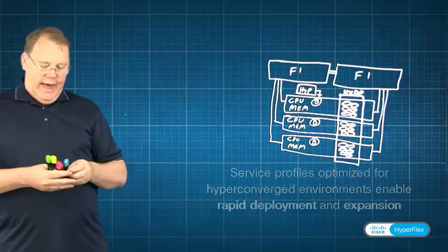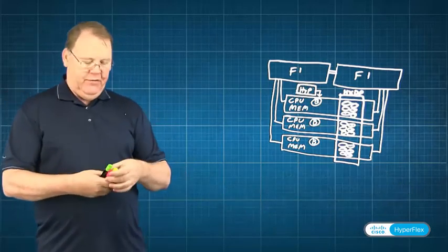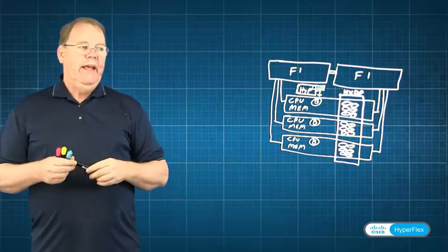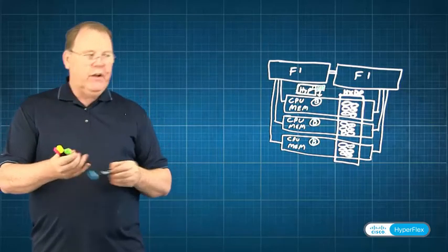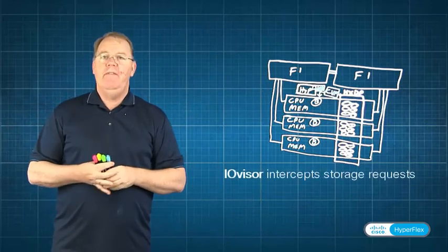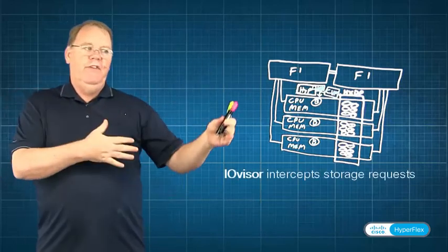In addition to that, in this hypervisor, all right, I've put something out in here called an IO visor, little IOV there. And what that IO visor is going to do is reach in and connect to the controller VM. So I'm going to have a controller VM running on every one of these nodes. And that IO visor is going to intercept my storage traffic designed to go to the system, and it's going to